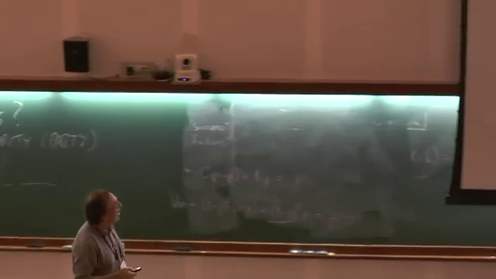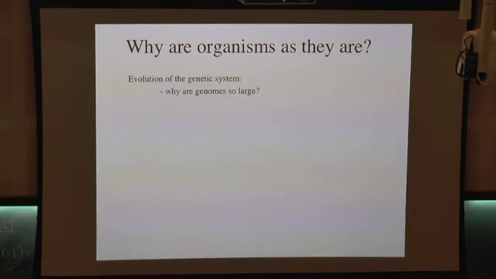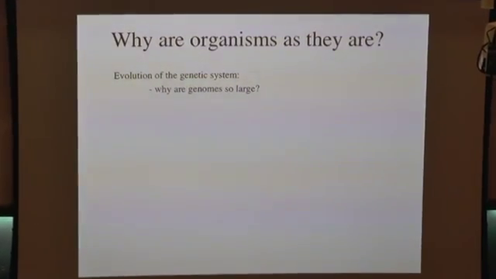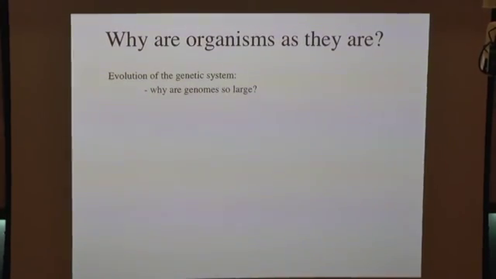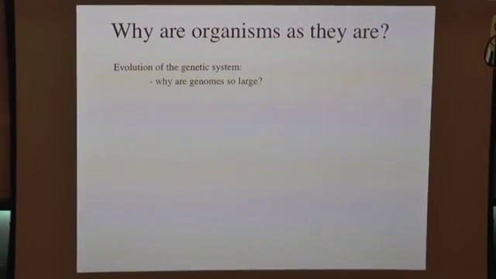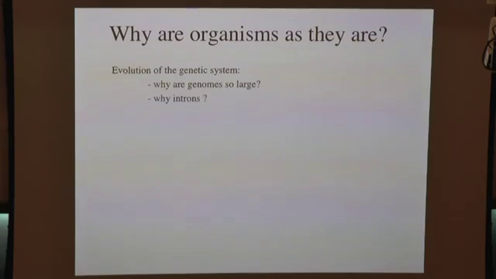But let's see. So I was thinking about things specifically about genetics. Let's narrow it down, and why are genomes so big, right? Why do we have 3 × 10⁹ base pairs rather than some other number? Why do we have 22,000 genes rather than 50, 60,000 like an advanced organism like maize, corn? We actually don't have any a priori argument, I think, for why genomes should be the size they are, or the number of genes should be the number they are, etc., etc.